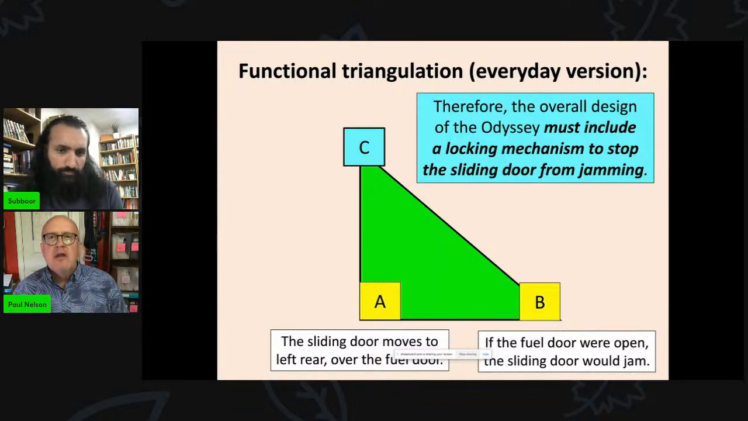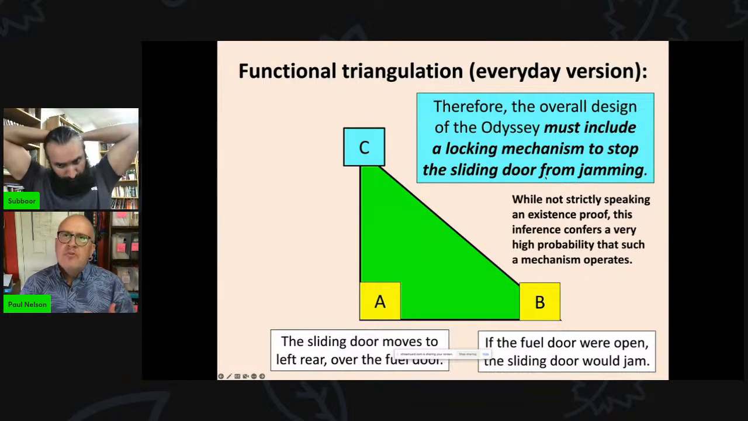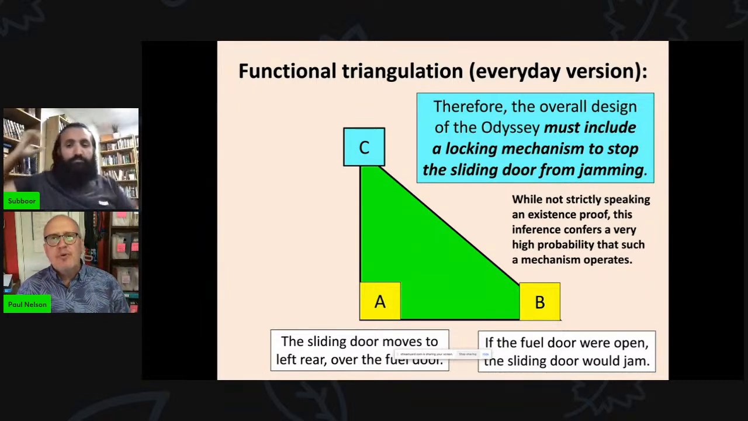And he says, it's probably the case that the Honda engineers have taken account of this. They know A, they know B, they know that some Odyssey owners like Paul Nelson are a little dim, not always thinking properly. That, you know, we need to help them to keep them from damaging their own vehicle. So there's probably a locking mechanism to stop the sliding door from jamming. Now, strictly speaking, this is not an existence proof, but it does confer a high probability on the existence of